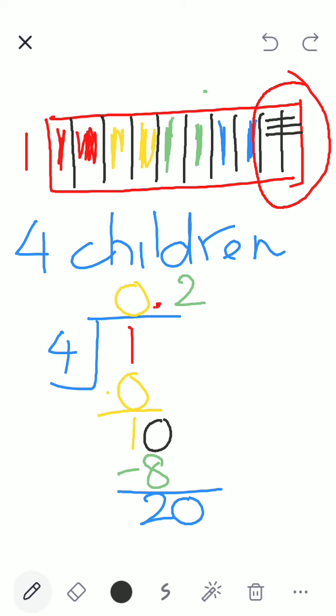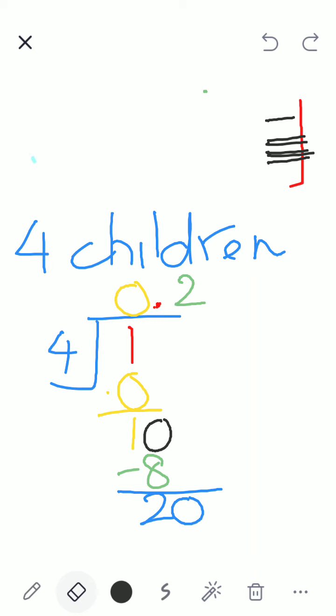1, 2, 3, 4, 5, 6, 7, 8, 9. How many pieces did I get totally? 10 equal pieces for each piece. Totally how many? Okay, let me draw this properly for you all. Now children, these colored pieces have gone to the children. They all got two pieces each. Correct? So let me rub.